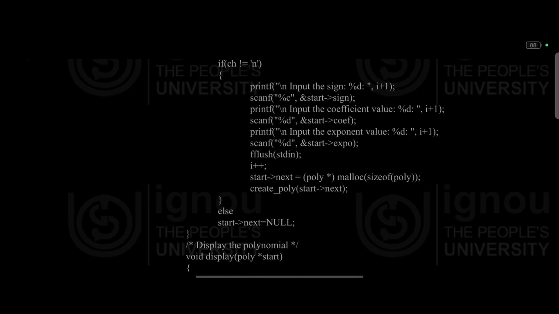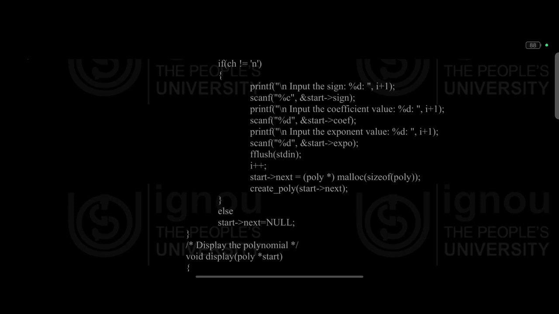scanf("%d", &start->coef); printf("Input the exponent value %d", i+1); scanf("%d", &start->expo); fflush(stdin); i++; start->next = (poly *)malloc(sizeof(poly)); create_poly(start->next); } else start->next = NULL; Display the polynomial: void display(poly *start)